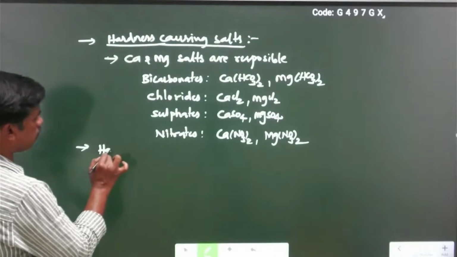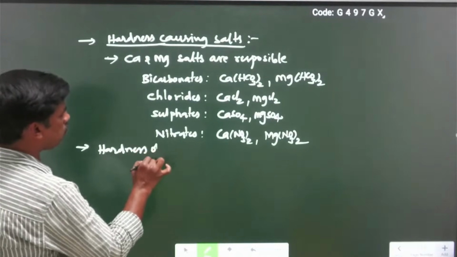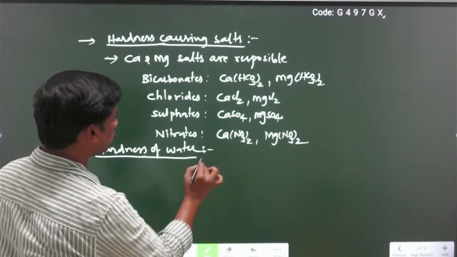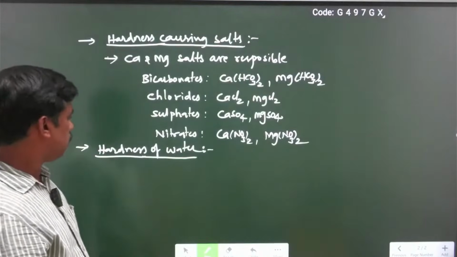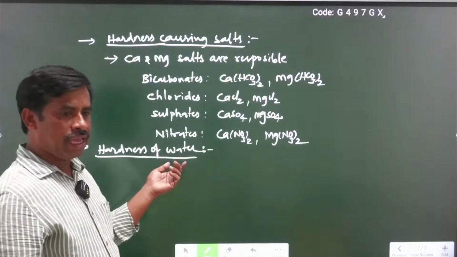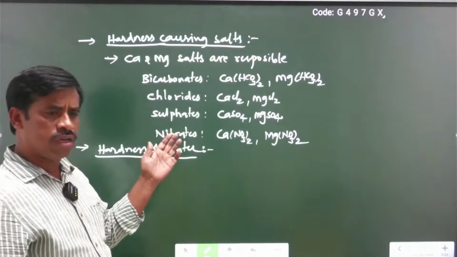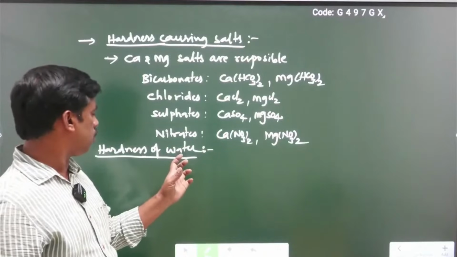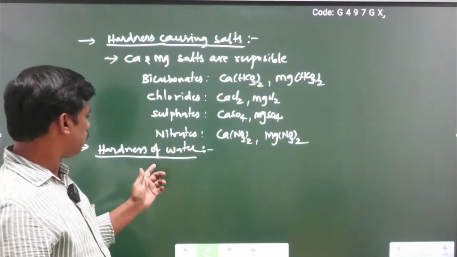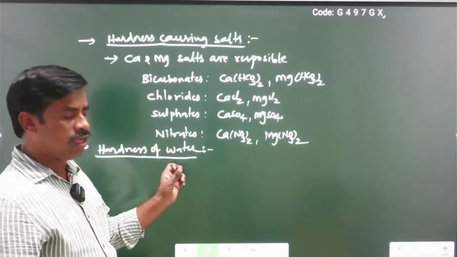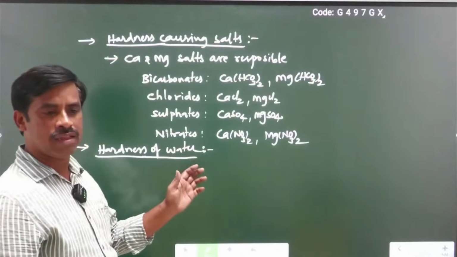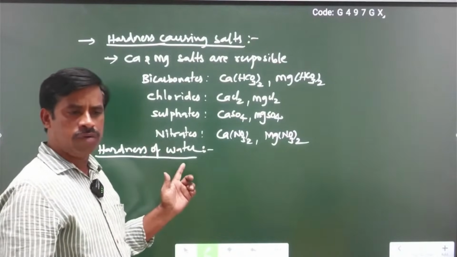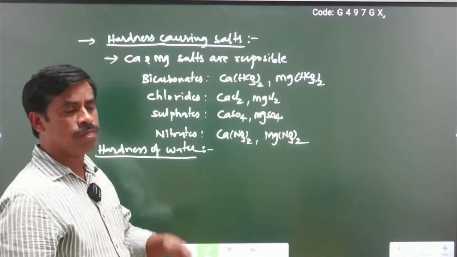Before going to the types of hardness of water, I am giving the definition of hardness of water. Previously, I gave the definition of hard water: the water which does not give much lather with soap is called hard water. Now, the definition of hardness of water. Listen carefully. The property of hard water which prevents the formation of lather with soap